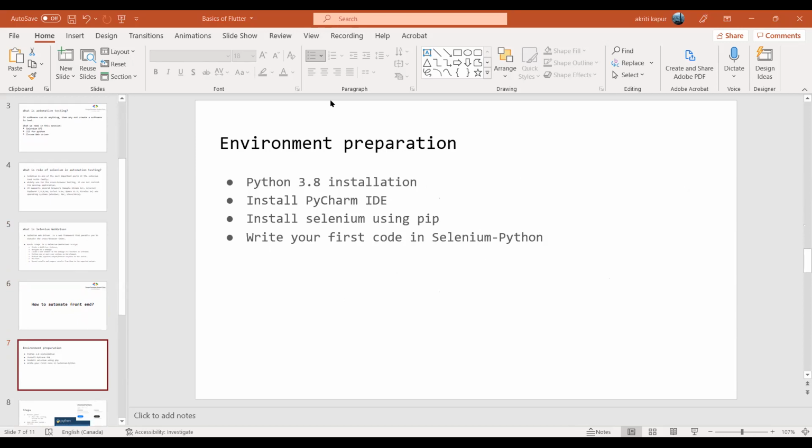To set up the environment, I'll show you the process. The things we need for the environment setup: we have Python, then we need the PyCharm IDE. Then within PyCharm, we'll set up Selenium using pip, and we'll start writing code from there.